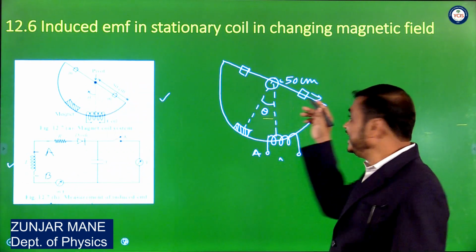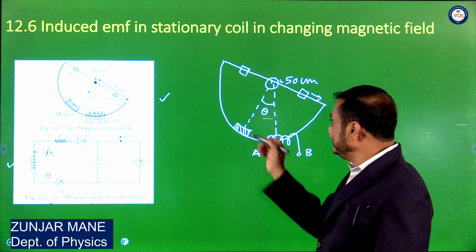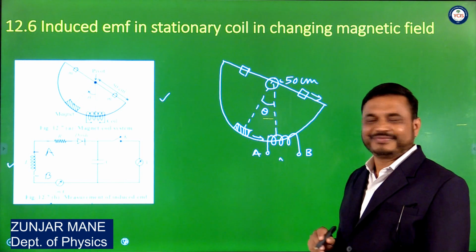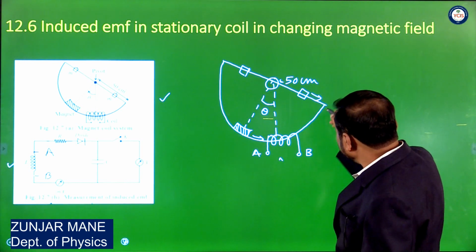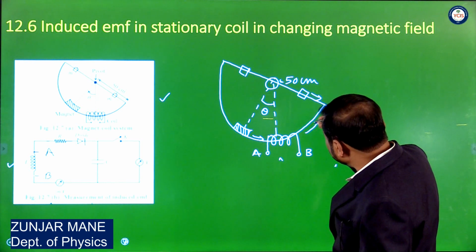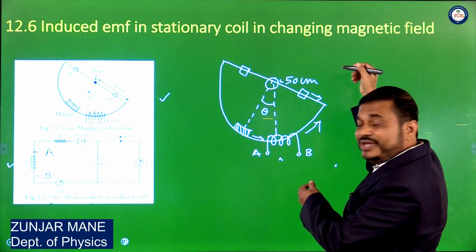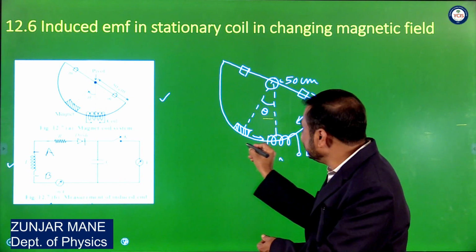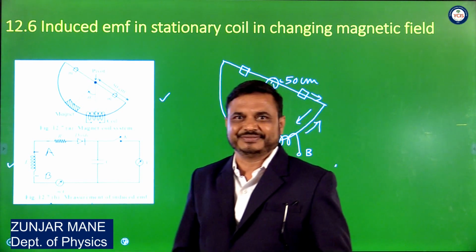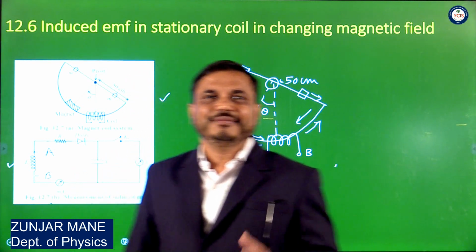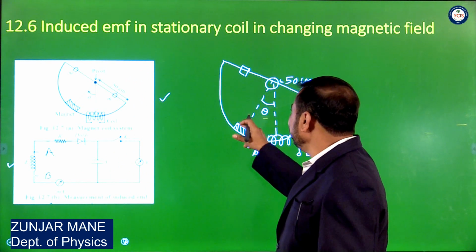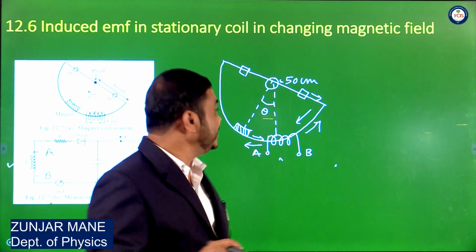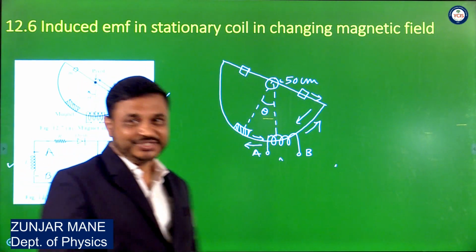Suppose if we oscillate this aluminium frame, then this magnet moves towards that coil. It passes through that coil and again moves away from that coil. When it reaches the extreme position, then again it returns and again enters this coil. So the magnet oscillates and passes through that coil, but the coil is stationary. Therefore magnetic flux associated with that coil goes on changing.